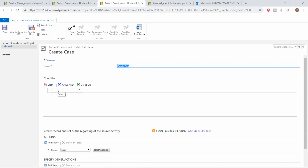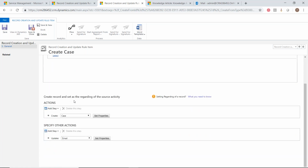Maybe you want to look at where it's coming from, size, different things that you can look at. You can put a condition on here to create this case. And then you have actions, right? If any of you have experienced workflows behind the scenes, this is very similar to what the workflow editor is. So the first thing I want to do is create this case, and then the email that comes into it, I want to append it to the case